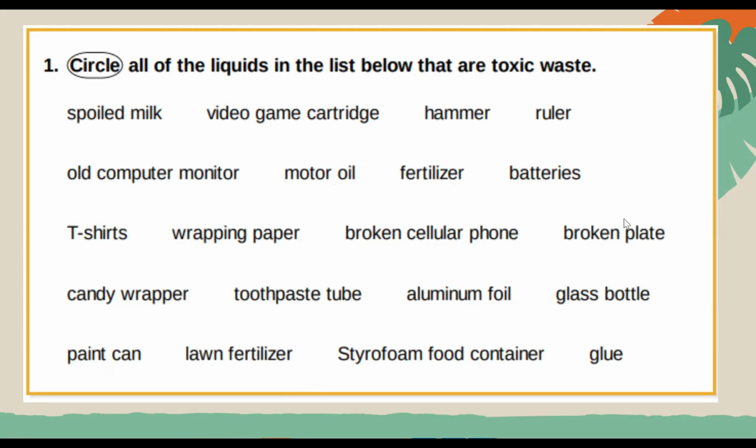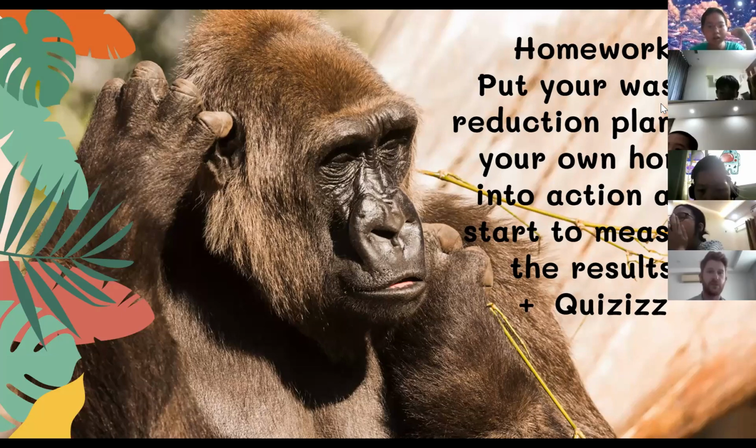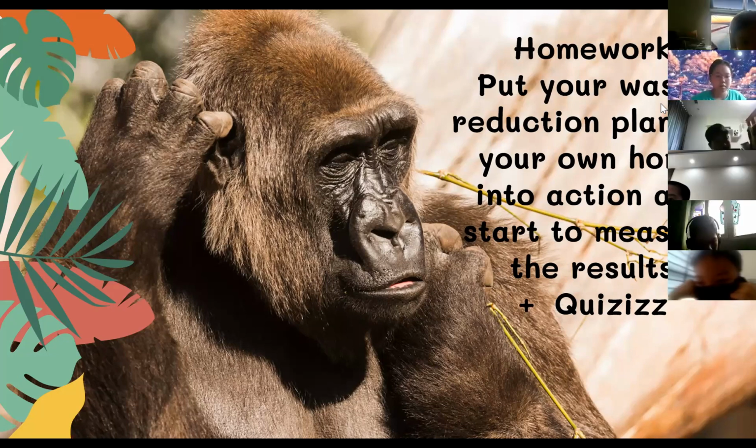I want to give you your homework for tonight. Okay, so your homework for this evening is to start putting your plan of action to reduce waste into place, okay? So I asked you to draw out the steps, to write out what you're gonna do to try to reduce the waste in your own homes. What I want you to do now, tonight, is to put that plan into place, okay? So today, you will make your measurements as normal, and then tomorrow, with your plan in place, you should see the amount of waste reduce, okay?